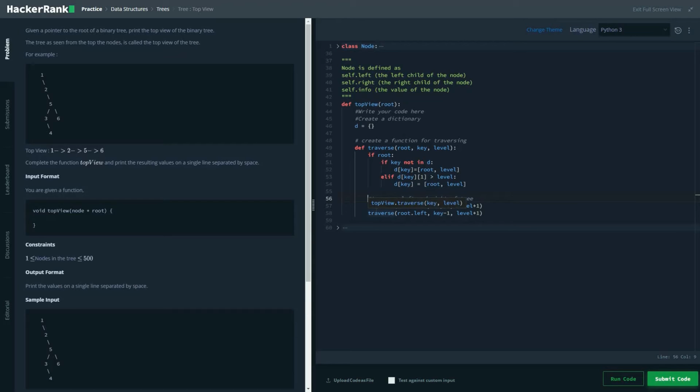So here there is something to be noted: when you are traversing the left node of the tree, the key value is always going to be key minus 1. But when you are traversing to the right node, then the key value would be key plus 1 and all the parameters will remain the same. Now let's initialize our function, traverse root 0, 0. And at last we'll be printing our values in the dictionary. So for key,